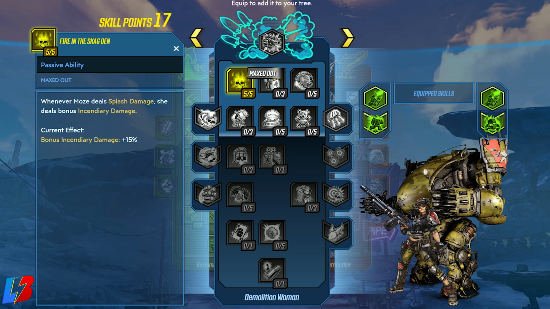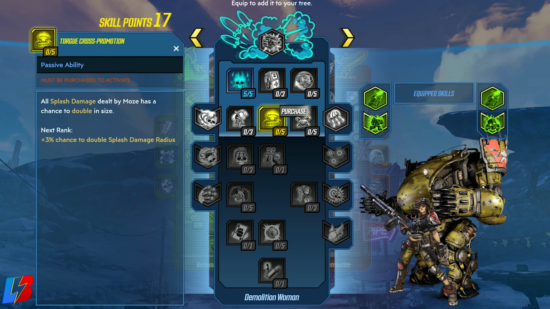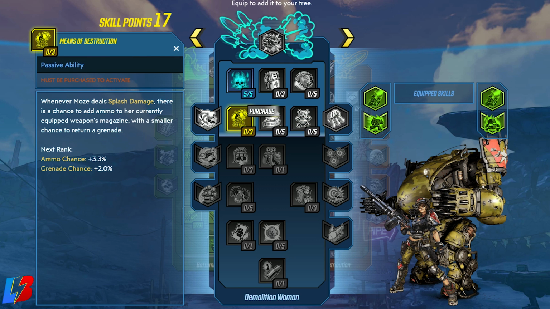Now, as we move over to the second column, we have Means of Destruction. We also have Torque Girls Promotion, and we have Stainless Steel Bear. Now, this one in particular, the one that kind of draws my attention a lot, is the one that calls Means of Destruction. Whenever Moze deals splash damage, there is a chance to add ammo to her current equipped weapon magazine, with a smaller chance to return a grenade. Remember, guys, this is going to give us infinite ammo, so anything that gives us more ammo,